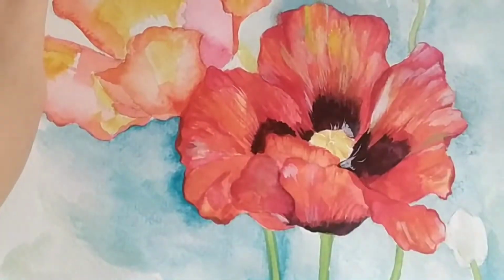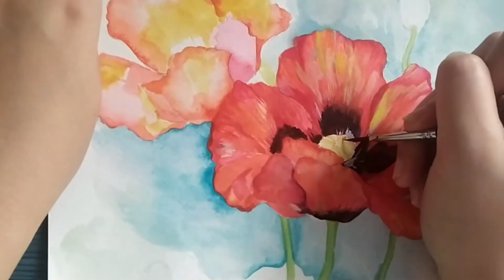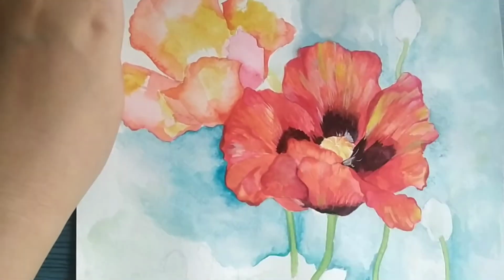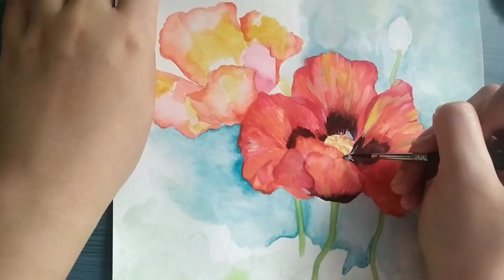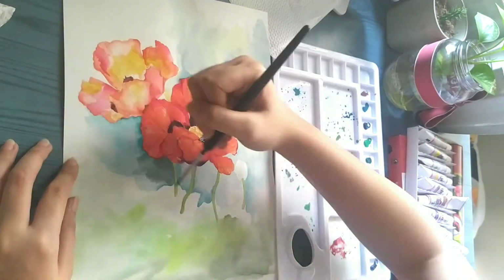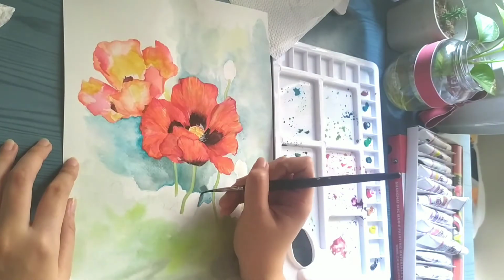I am doing a lot of messy layers after layers because I'm trying to test the coverage of this paint. So yeah, I cannot count anymore how many layers I've done, but I will stop at some point, don't worry. So yeah, I'm just adding more